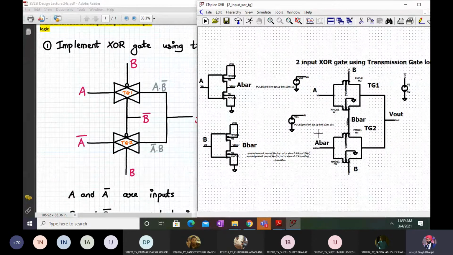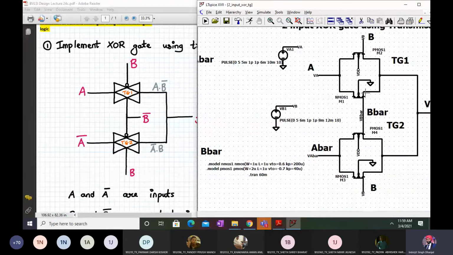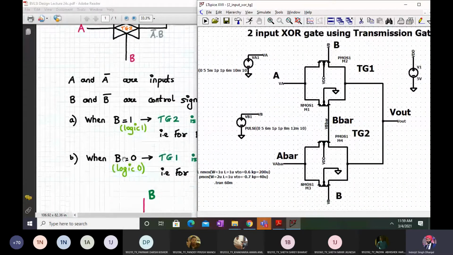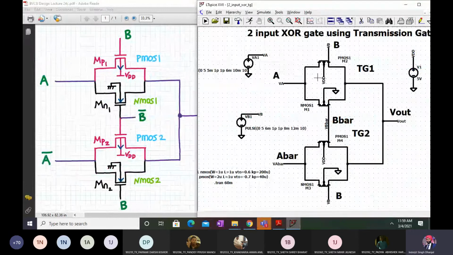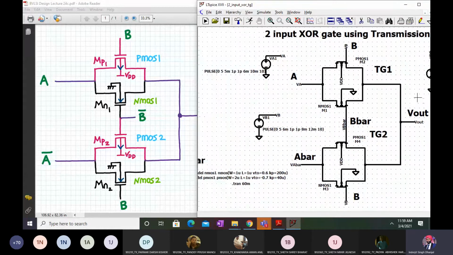So here it is. I am showing you the circuit which was below. Here it is B, A, here it is B bar, this is A bar, and this is B. Remember, you have to generate additionally A bar and B bar.